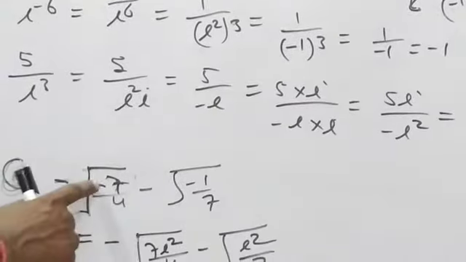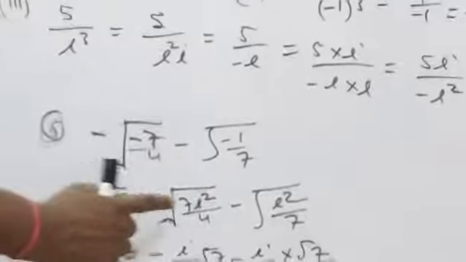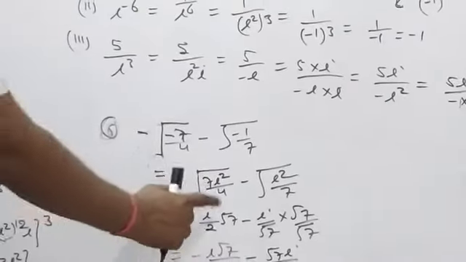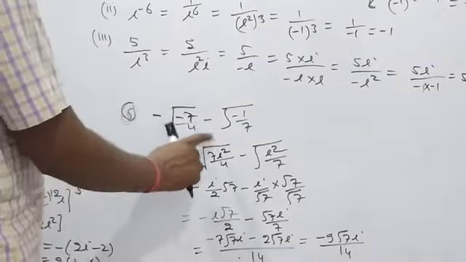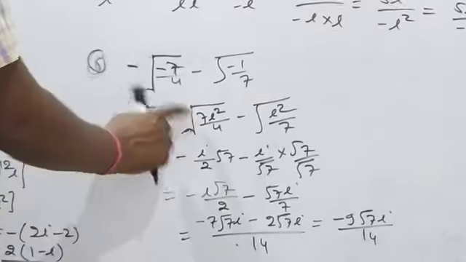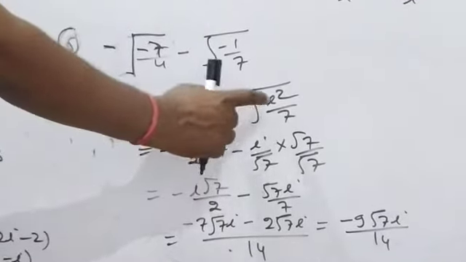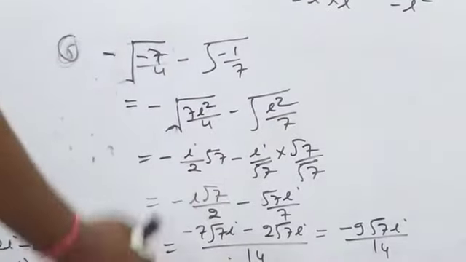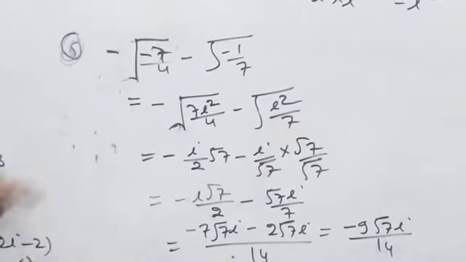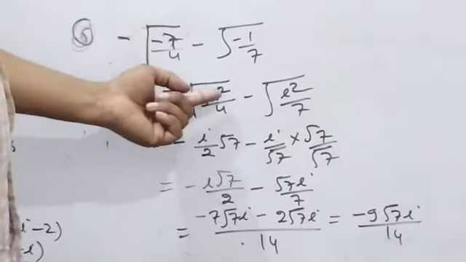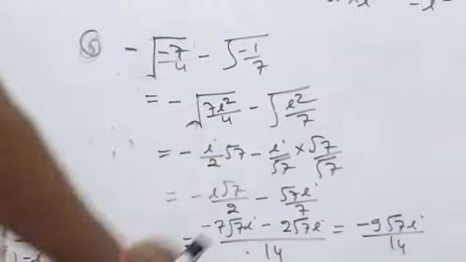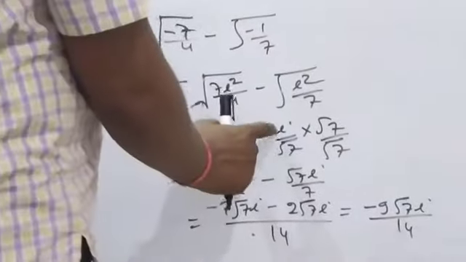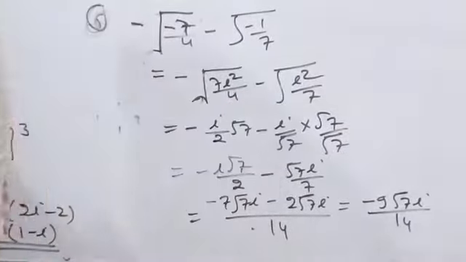So in place of minus 1, we can write i square. Then minus under root 7 i square upon 4 minus under root i square by 7 is equal to minus i by 2 under root 7 minus i upon under root 7